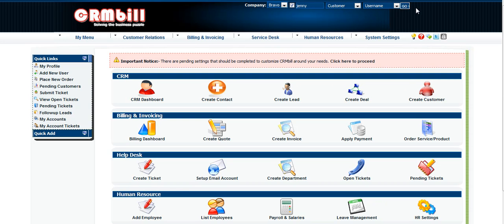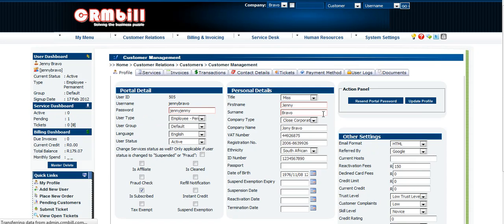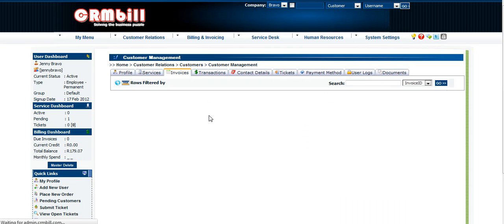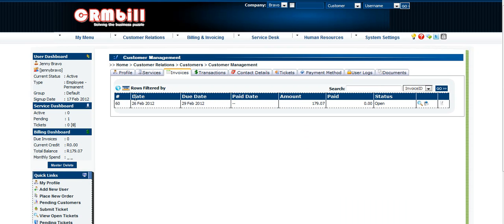I've ticked the box, so it will directly take me to the details of the customer. It shows me the profile here. I will click on the invoices tab and load all the invoices. This is the payment button, the new invoice button. And if I was making a payment by a credit card, applying a credit card payment, I would have clicked